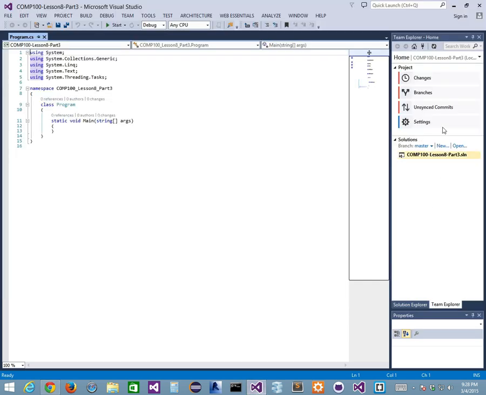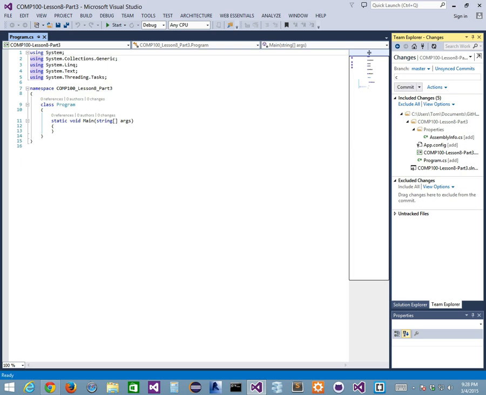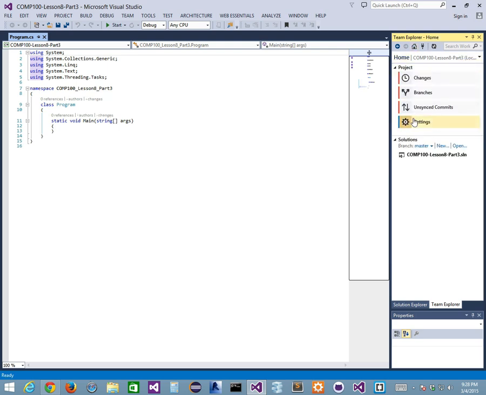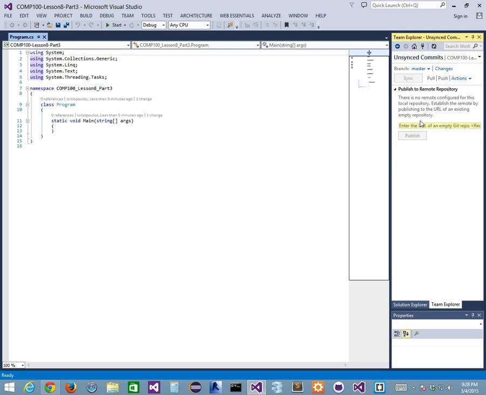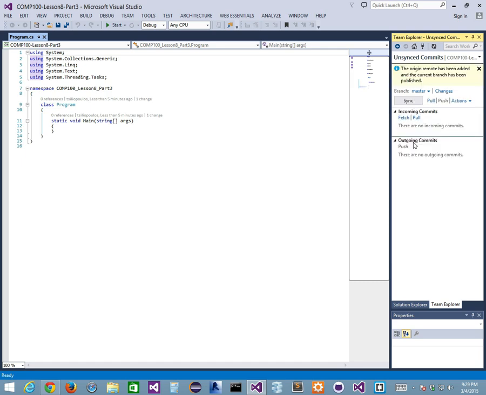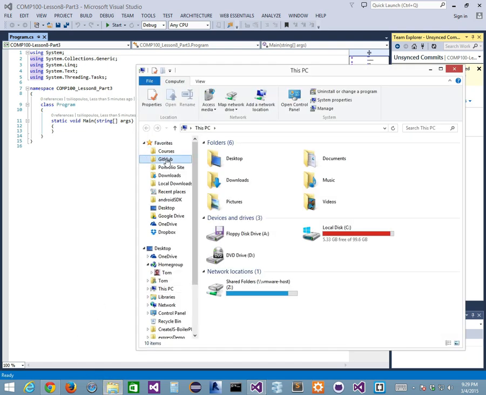And I'm going back into my Visual Studio, changes, created VS C# project. Commit, home, unsync commits, put in my URI in here, and publish. Cool. Now, I'm not going to copy that stuff I already did, so I'm going to go into GitHub, and